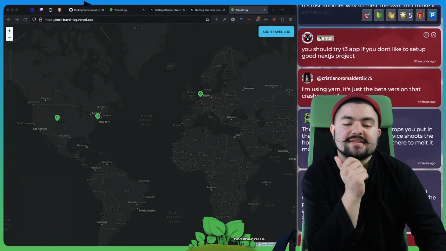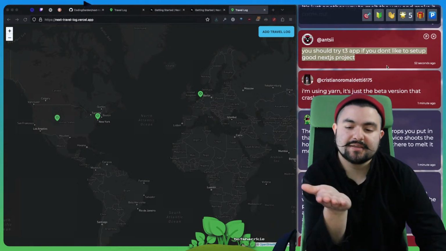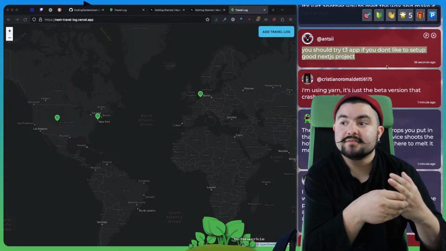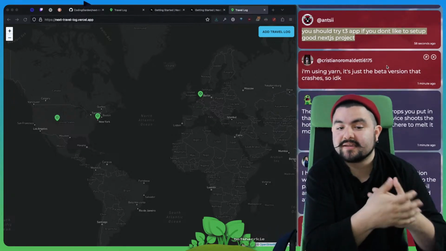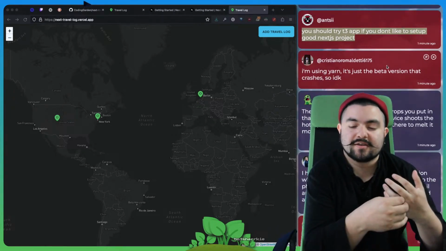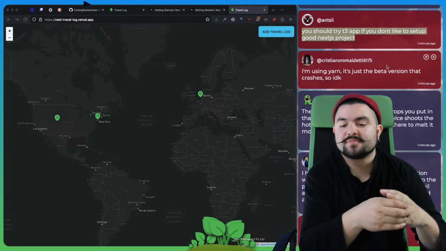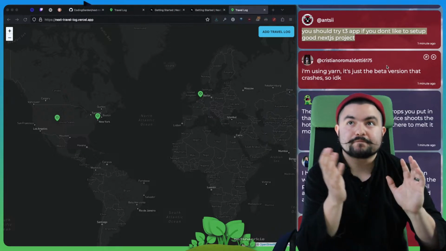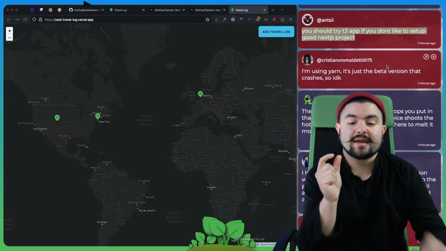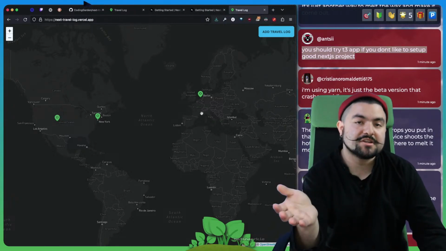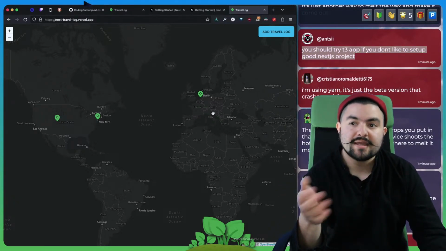Yeah, I mean, but I think that's the issue, right? So T3 is not from the core team. It's community maintained, and it technically has opinions. They give you the opinions on how you should set up TRPC and then how you should configure that with your app. So that's fine, but the thing that I don't like about it is that all of that code lives in your code base. So when you generate an app with the Create T3 app,